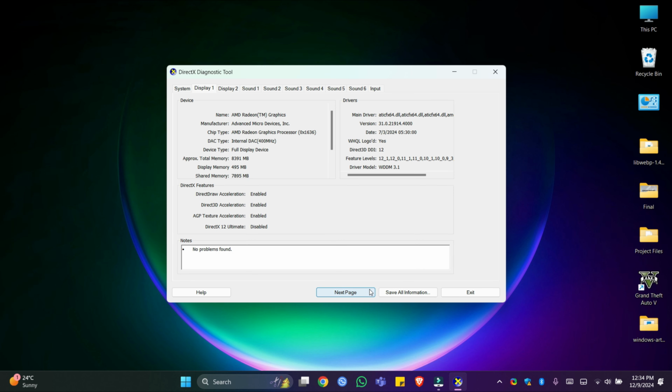When you do that, the system will search whether all the DirectX components are working fine, and if everything is doing good, under the notes you will find a message no problems found. This means here the display one, here in my case that is the integrated graphics of my laptop, it is working fine. And when I go to the next page, that is display 2, this is my dedicated graphics card. It's a GTX 1650 and everything is working fine, and hence under the notes I am having the message no